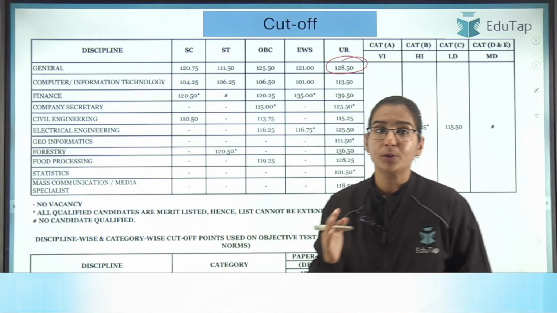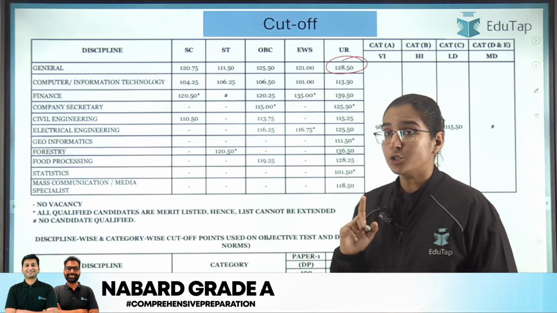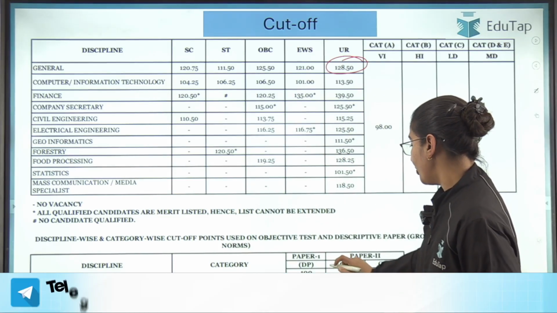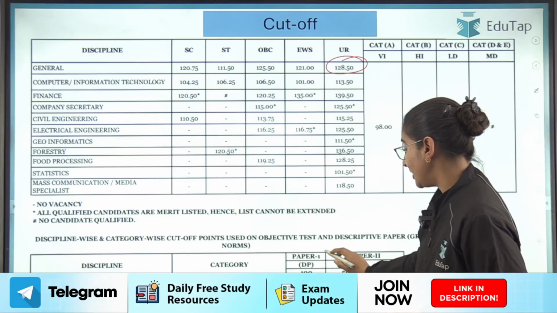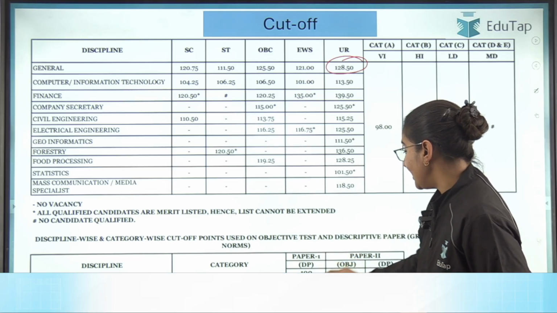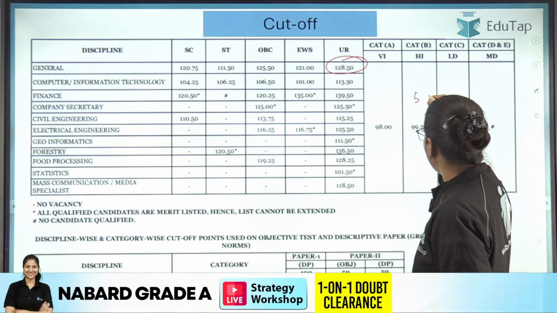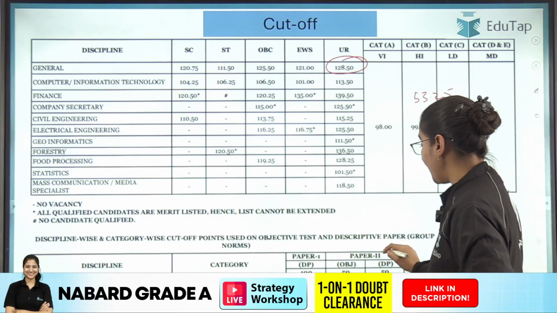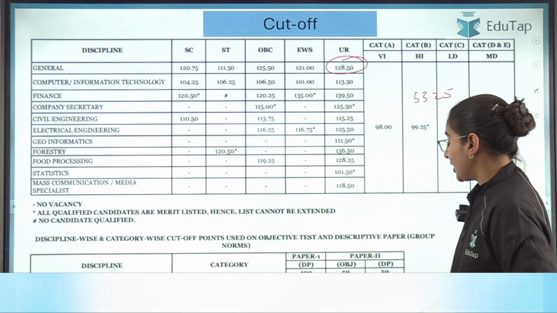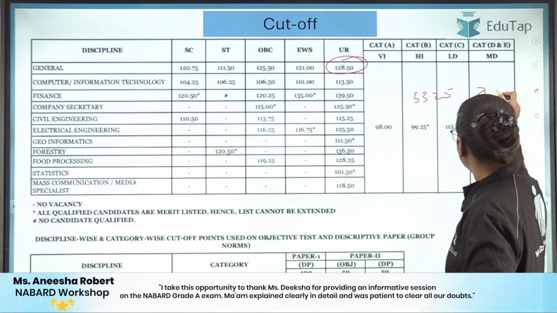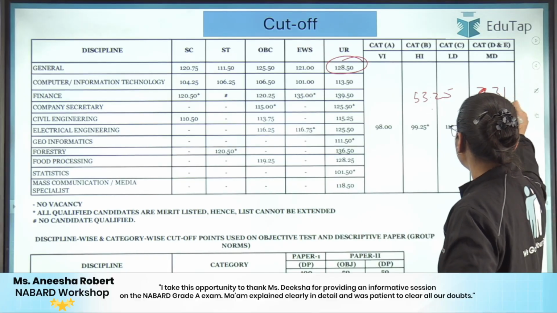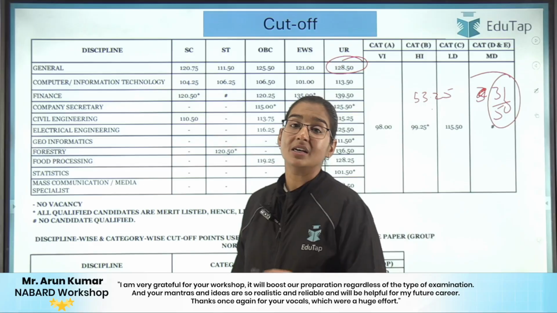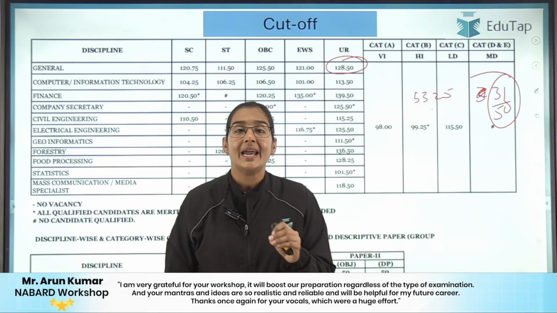And this is of both paper 1 and paper 2, and there is going to be a sectional cutoff as well. So the sectional cutoff for the descriptive English paper 1 is 53.25 marks. I am writing it over here. So it is 53.25 marks. In paper 2, the descriptive paper cutoff is 31 out of 50 marks, right? So out of 50 marks, you have to secure 31 marks to clear the sectional cutoff of the ESI and ARD descriptive paper.